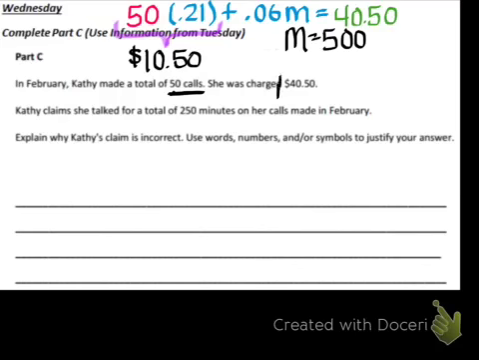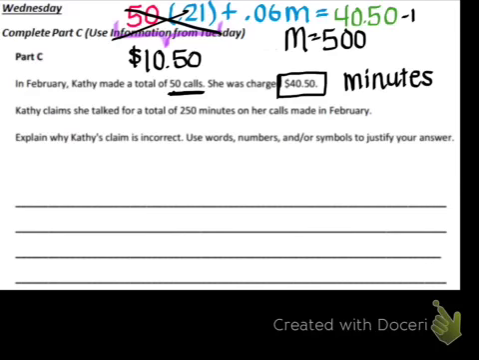And if we know that her bill was $40.50, then when we're deducting that from her total bill, subtract away that $10.50, which automatically will be included, we know that our minutes were going to cost us $30 because that's what we had left when we did $40.50 minus the $10.50. So we know that we have $30